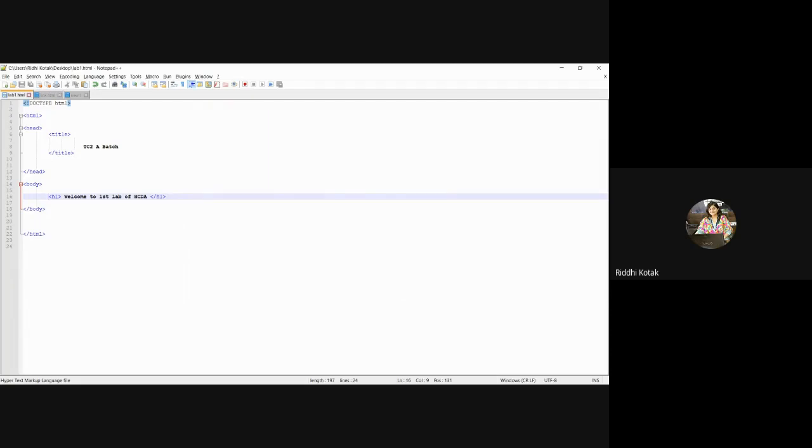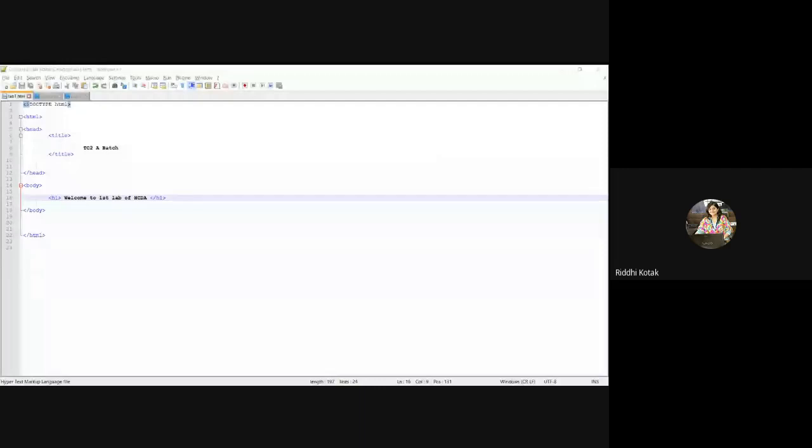Now, what you have to do is go to the document where you have saved your file, like I have saved it as lab1. Just right click, open with, and go to any browser. Currently, I am on Google Chrome, so I will select Google Chrome. Okay, just a second. I have to present my screen. I will repeat this step.